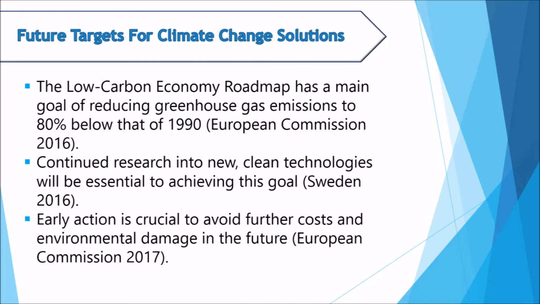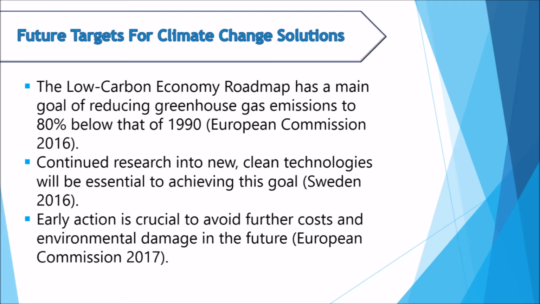The European Commission has created the Low Carbon Economy Roadmap, setting out a plan up to 2050. The main goal of the roadmap is to reduce the greenhouse gas emissions to 80% below the levels from 1990. Milestones have been set out to achieve this goal. By 2030, they aim to cut greenhouse gas emissions to 40% below that of 1990, as well as a 27% increase in energy efficiency and a target of 27% total energy consumption coming from renewable energies. To help achieve this goal,